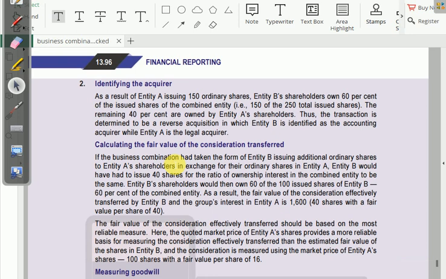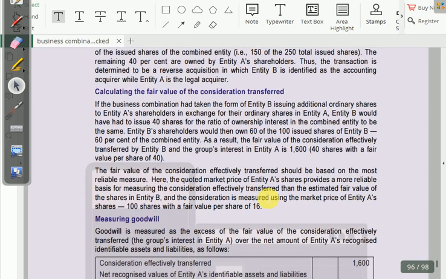As a result of entity A issuing 150 ordinary shares, entity B shareholders own 60% of the issued share capital of the combined entity, that is 150 out of 250. The remaining 40% are owned by entity A's existing shareholders. Thus, the transaction is determined to be a reverse acquisition in which B is identified as the accounting acquirer while A is the legal acquirer. If the business combination had taken the form of entity B issuing additional shares, ये